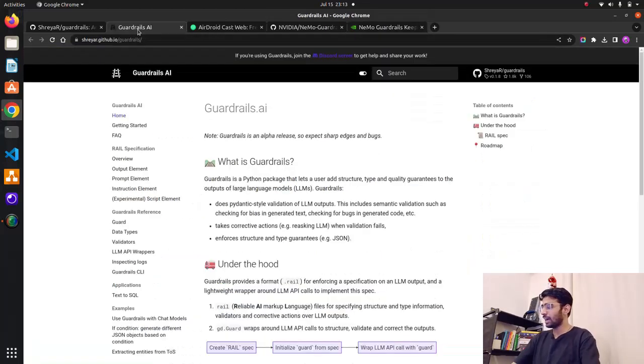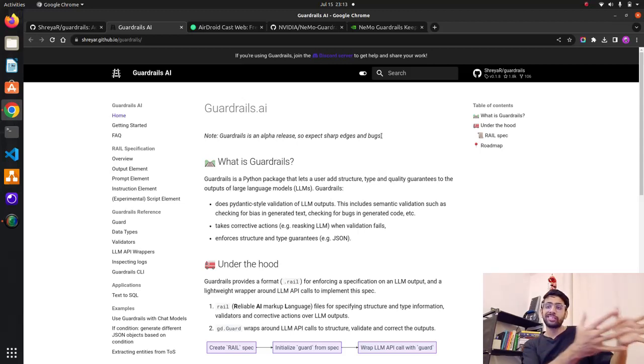If you currently see, I'm on a GitHub page called Guardrails AI. It's a new library, by Shreya R, which has already hit more than 1.8k stars on GitHub, and they have done a great job so far. The reason being that most of the guardrails libraries we currently see are based on RAIL, and I will show you an example of what RAIL is. RAIL stands for Reliable AI Markup Language.